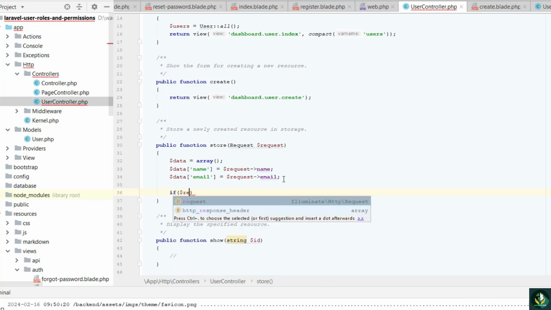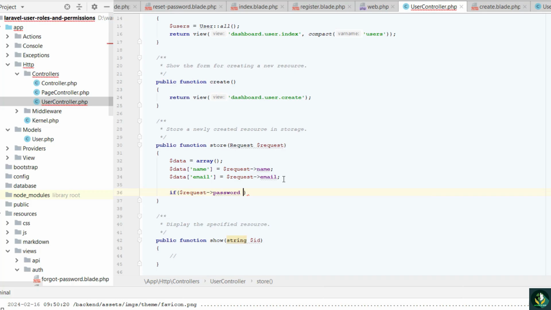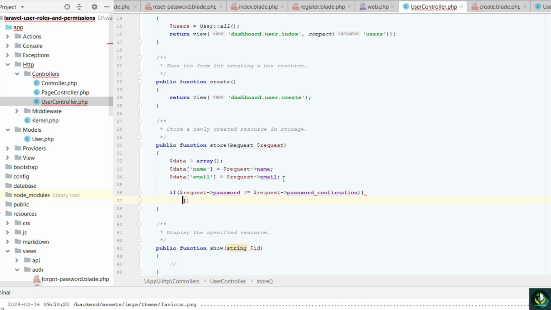So let's check if request password not equal to request password confirmation. Return some error here, and else simply use data